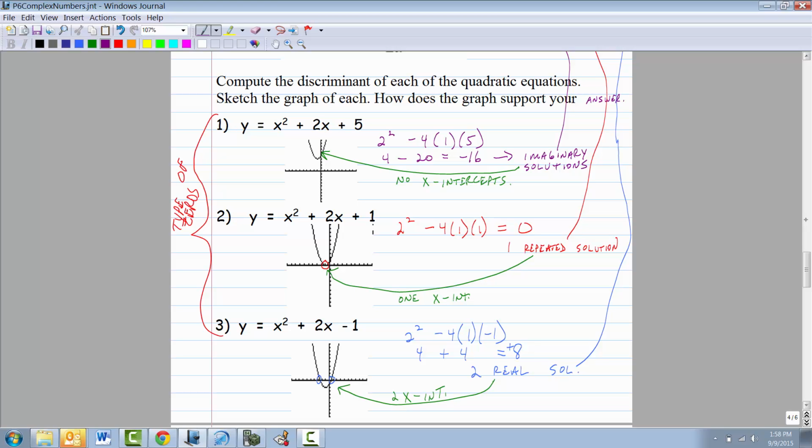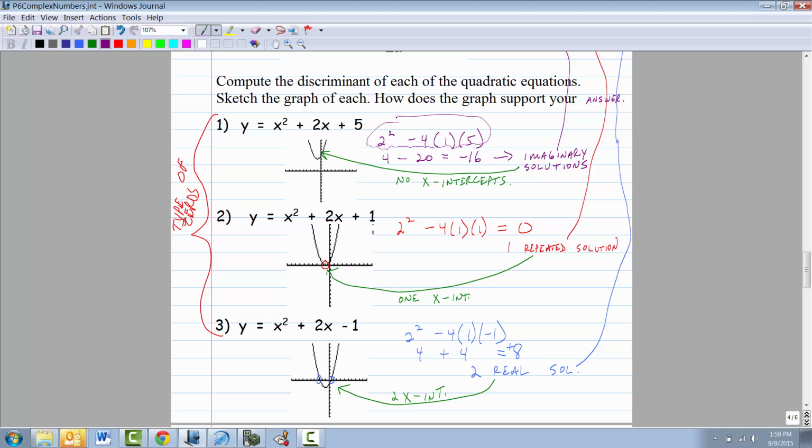What you should put down in your notes, though, are these three types of things that are actually occurring behind the scenes. Number one, x squared plus 2x plus 5. Look at the graph of it. What is this graph not doing? Not touching the x-axis. Lo and behold, look at the discriminant of the quadratic formula. That is just the square root part, the b squared minus 4ac. What kind of number is it? Negative. So what happens when you take the square root of a negative? You get what? What kind of solutions? You said it, imaginary. When you get imaginary solutions, the graph actually does not cross the x-axis.